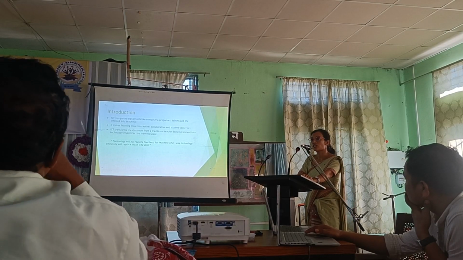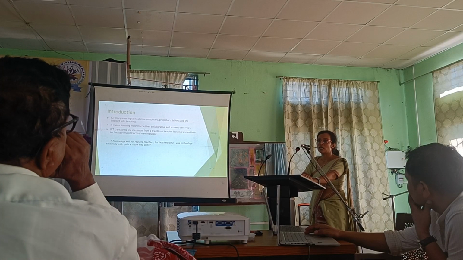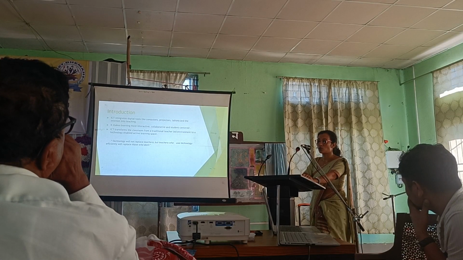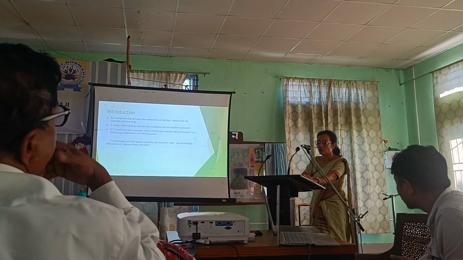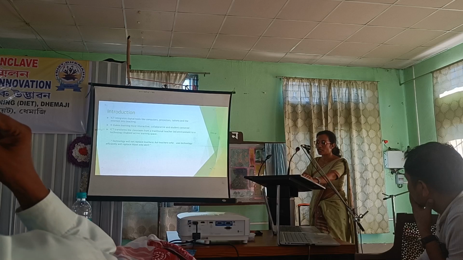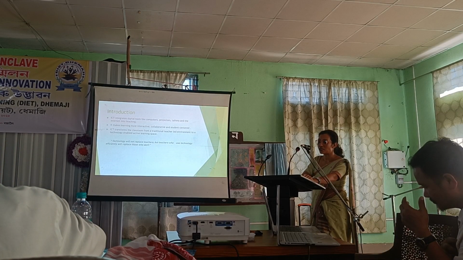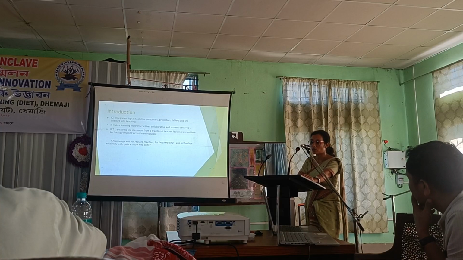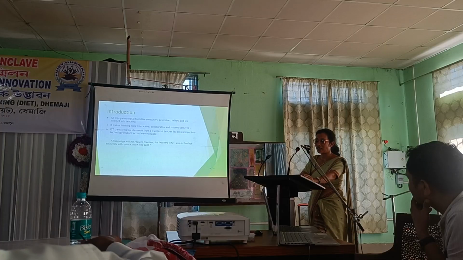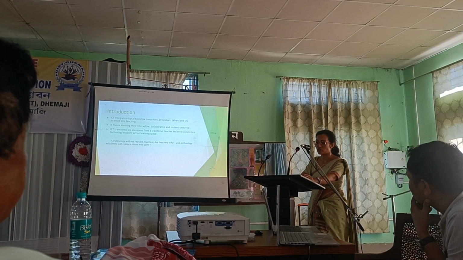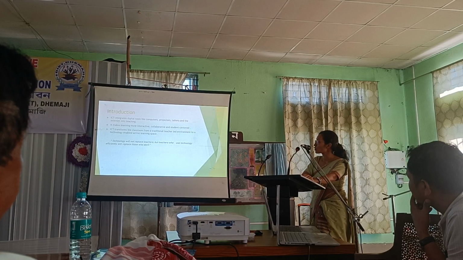Augmented reality combines real and digital world. Example, Google Lens. In classroom, a student scans a picture of the human heart and sees it beating in 3D on their tablet. Virtual reality, on the other hand, is a fully digital and simulated world. In classroom, if a student wears a virtual reality headset, they can walk inside the human heart to explore its chambers. Students can collaborate with their peers across the world through virtual classrooms.